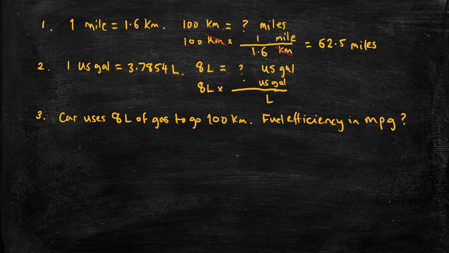And we know that 1 US gallon is 3.7854 liters. So we can cancel the units that we don't want, the liters, and we'll be left with the units we do want, US gallons. And the calculation that we need to do is 8 divided by 3.7854, and that comes